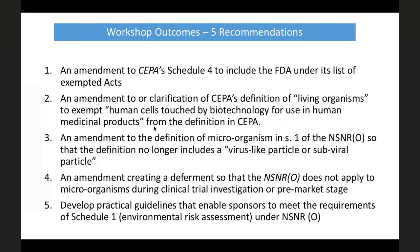Another idea that we proposed was to defer the full review of the NSNR till the market authorization stage. So, to remove it from the clinical trial application stage and to have it be prevalent at the market authorization stage, because by then you would have collected the types of clinical data and the clinical shedding studies that you're required to do anyway as part of your clinical trials, and you would have the information where you could talk about the impact on human health and be able to more competently fill out some of the sections